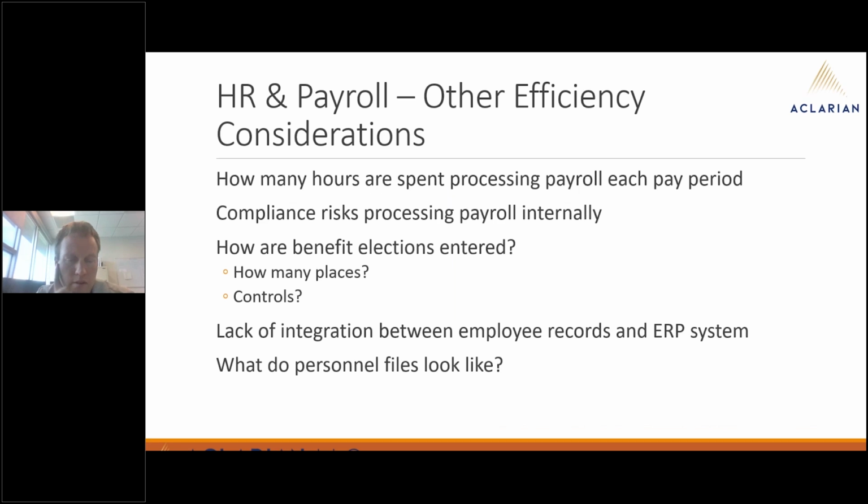Again, something that has really been eye-opening to me is sometimes the hours that are spent just processing payroll for those entities that do it internally. They spend almost an entire week of effort, a couple of days, for just one employee to do it. If that's the case, outsourcing might need to be a strong consideration, or at least figuring out a way to simplify that better. There's not only the time, but also the compliance risks associated with it, and getting the 941s out on time,